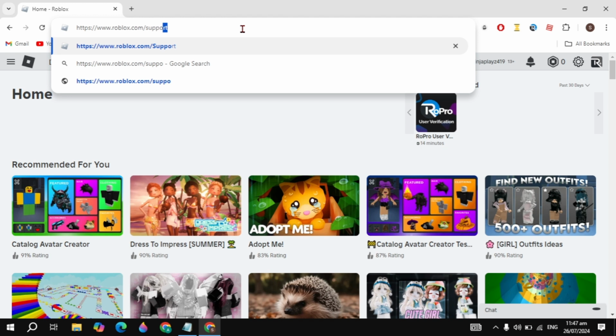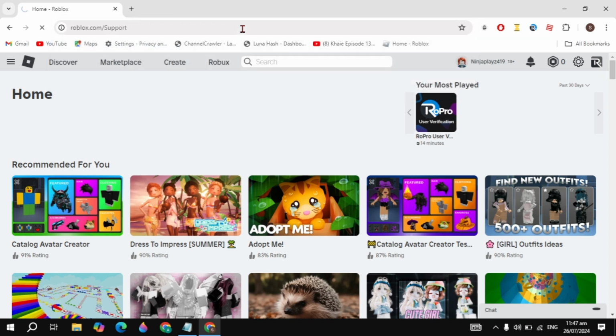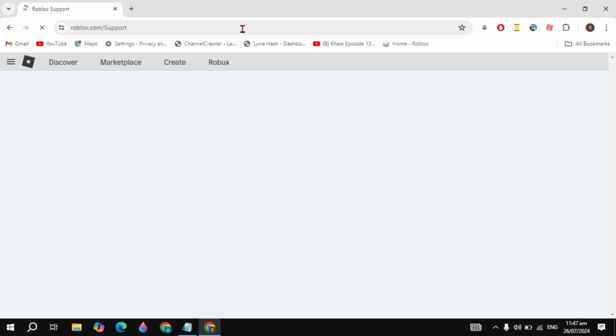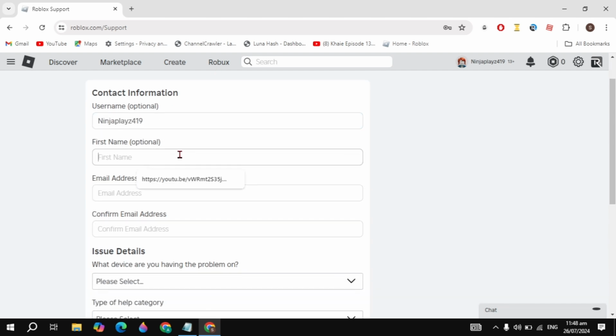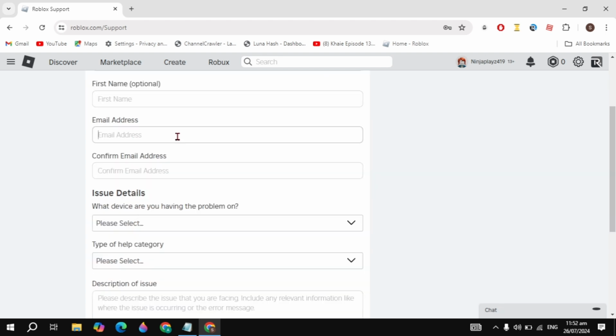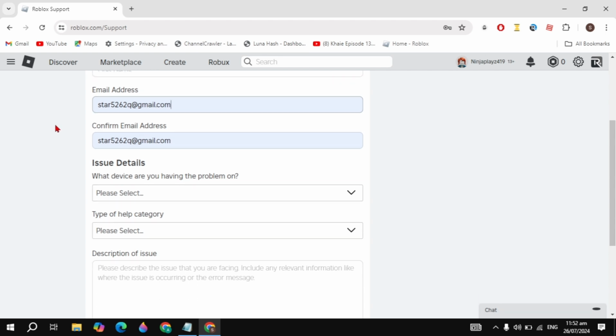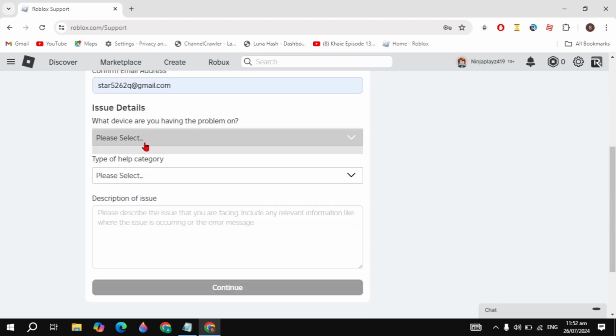So once you type the support in the front of the roblox.com, then hit enter, then it will open up a new page, and in this contact us page you just need to put your username and also put your first name. So this is optional, you have to just put your email address. So once you put your email address, you have to again put your email address in the confirm address, and